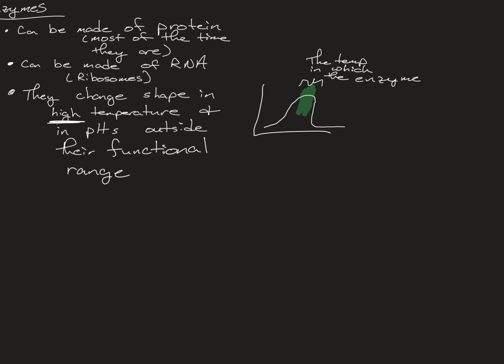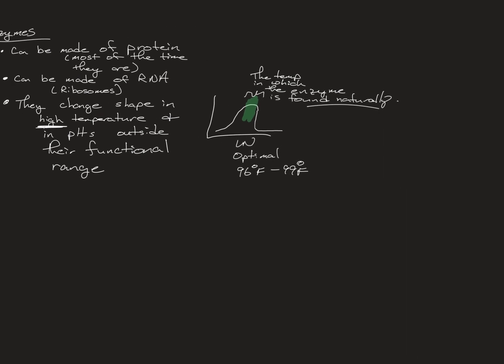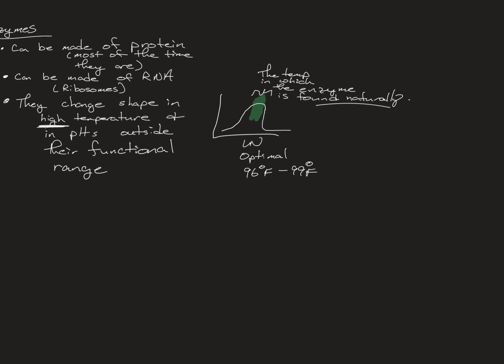the enzyme is found naturally. So if it's found in a human being, you'd expect this temperature range to be this optimal range. Optimal, by the way, means best. Like 96.5 degrees Fahrenheit, something like that, 97. So anywhere from like 96 degrees Fahrenheit to, I don't know, 98, 99. Let's say 99, you'd probably get okay function. But if you get to way out here, 105, whatever,